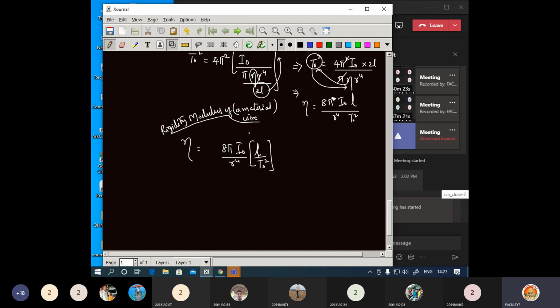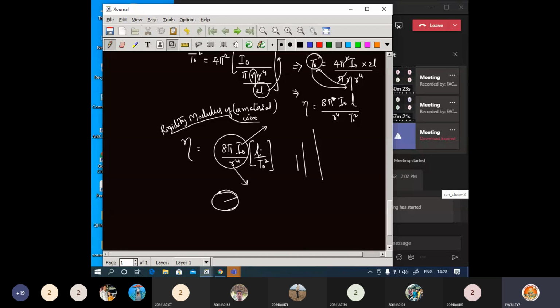What is the reason? I naught is constant. R is the radius, which remains constant. What is L here? Length of the wire. If I take a length, it will be like this. If I change the length, it might be like this, or I can change it to this. So L can be varied. But the disk will remain as it is, and the radius of the disk and the radius of the wire will not change. So these factors give a constant.